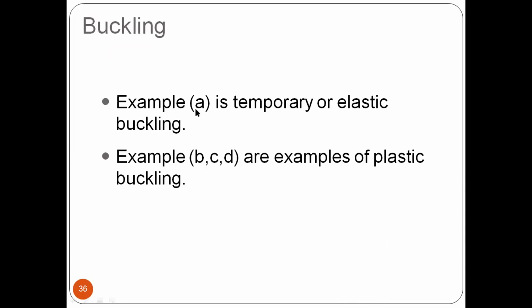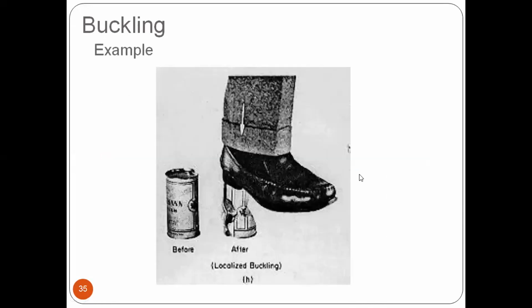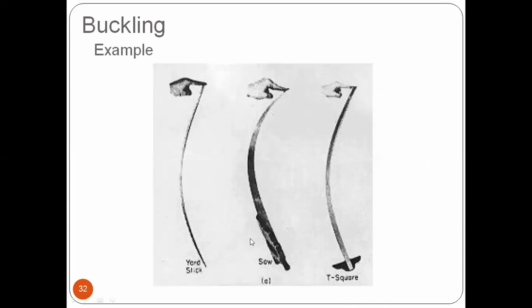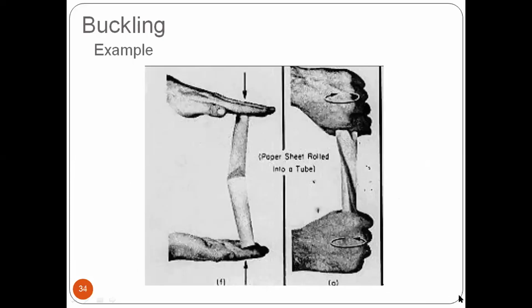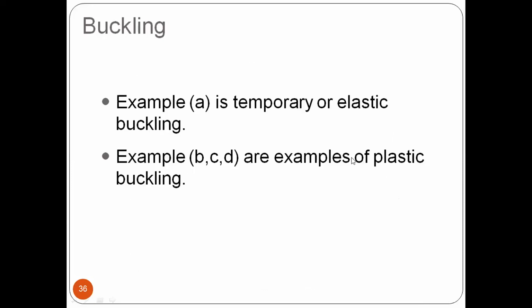So here, the first picture which I showed you, where the member was bended, is a temporary or elastic buckling, isn't it? So this is the first picture, right? In this first picture, you can see every picture is showing that it is returning to its original shape when the load is removed. So these are called elastic bucklings. Okay. So the second picture, this one, and this one, and this one, all three are plastic bucklings where the member has not regained its original shape, where it is undergoing permanent failure. Okay. So this is how the bucklings can be categorized as elastic buckling and plastic buckling.